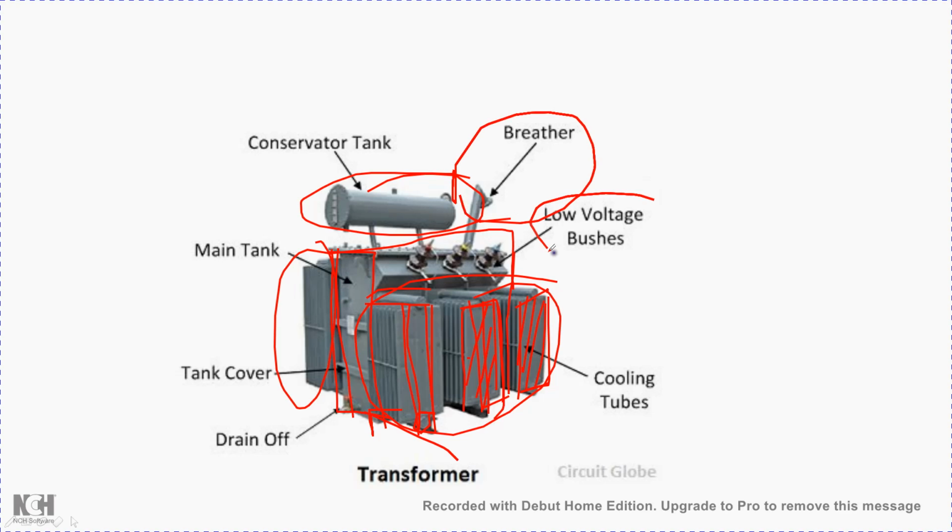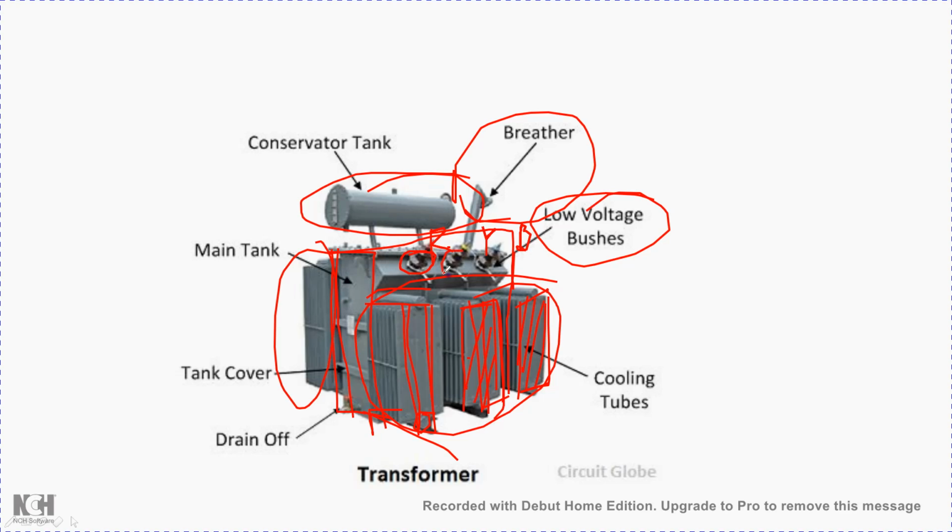Bushings are again a kind of supporting material used between the metallic part and the housing of the insulator, and these insulators inside are connected to the winding. There are 3 phases, so each insulator indicates the connection for one phase. Here you can also see the colors. This is the R phase, here it is the Y phase, and here it is the blue B phase. Now the HT line will be connected here, and that HT line should be prevented from coming in contact with the body. Therefore these insulators are provided.